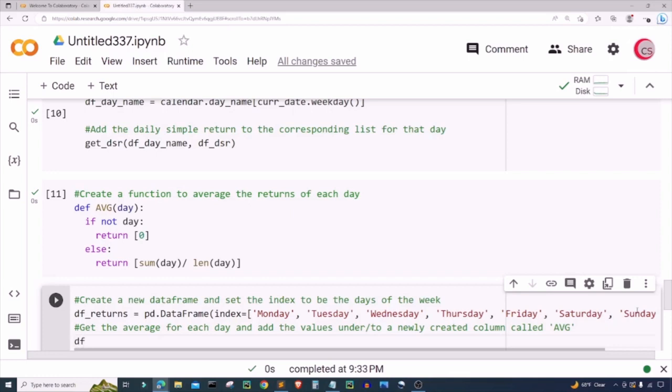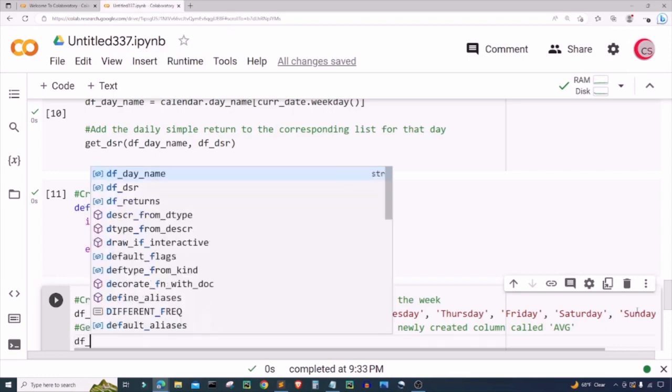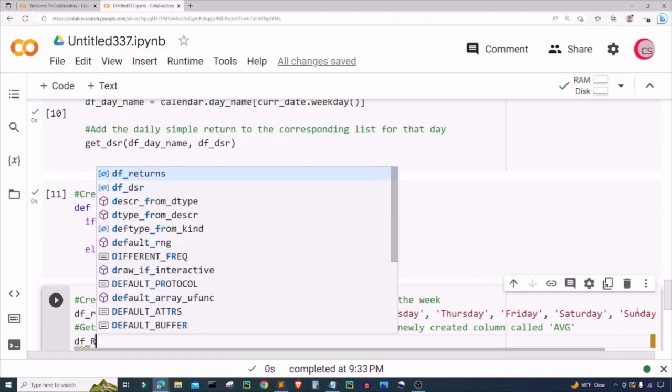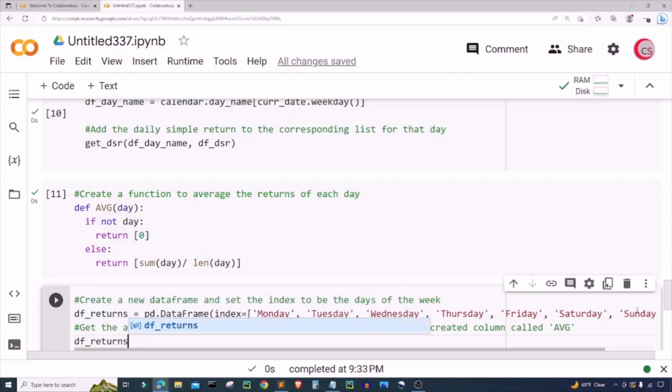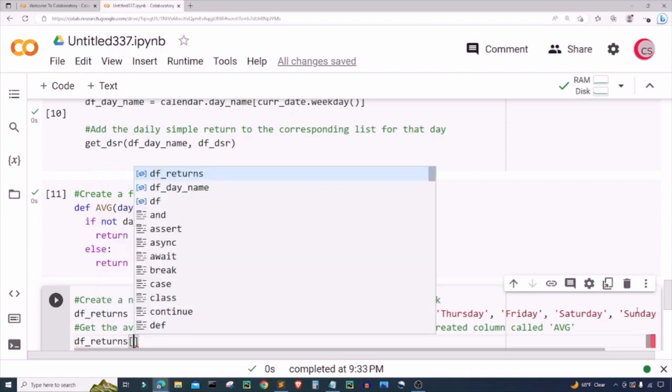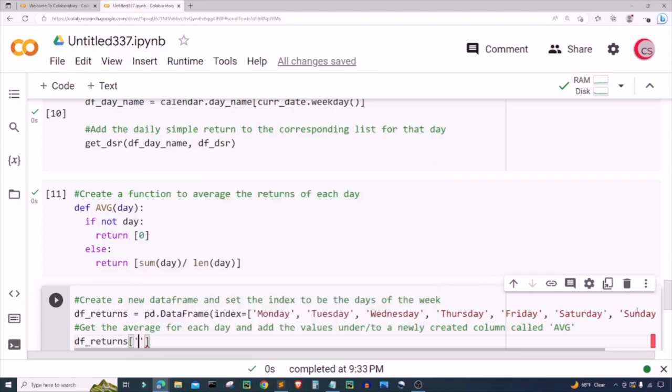All right, so I'm going to create my column. I already have my variable df underscore returns. I'm going to create my column AVG, and I'm going to set it equal to